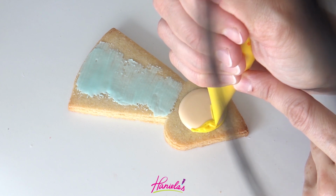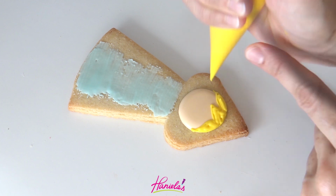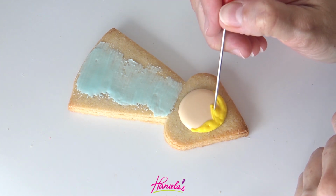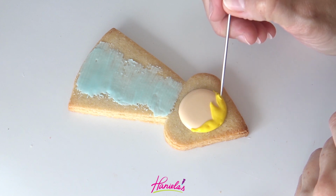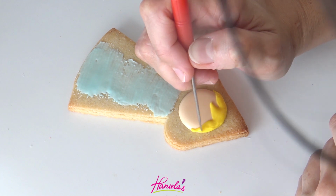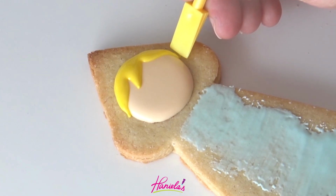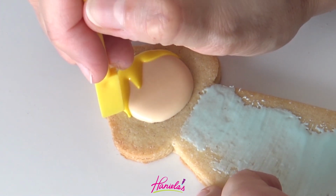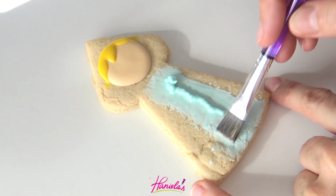Now to make the brown, you can use it straight from a bottle of food coloring if you have brown. If you don't have brown, you can also use red and green if you have red and green. And to make this golden yellow, I used lemon yellow with a touch of orange. You want to use icing that is about 20 to 25 second consistency. Runny icing will give you inconsistent results because you can't really control very much where you're piping or how your